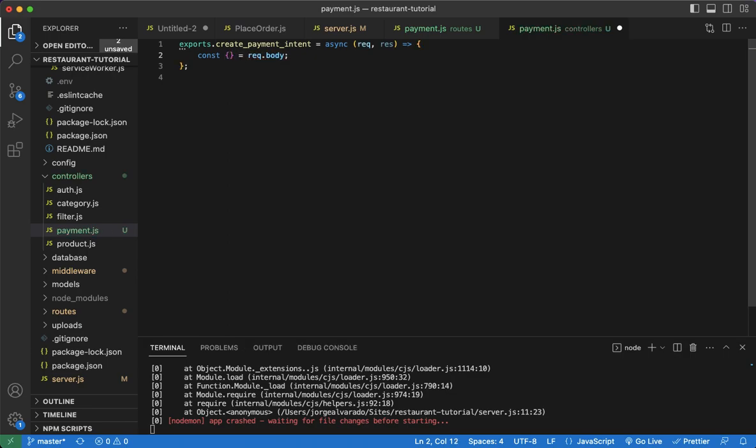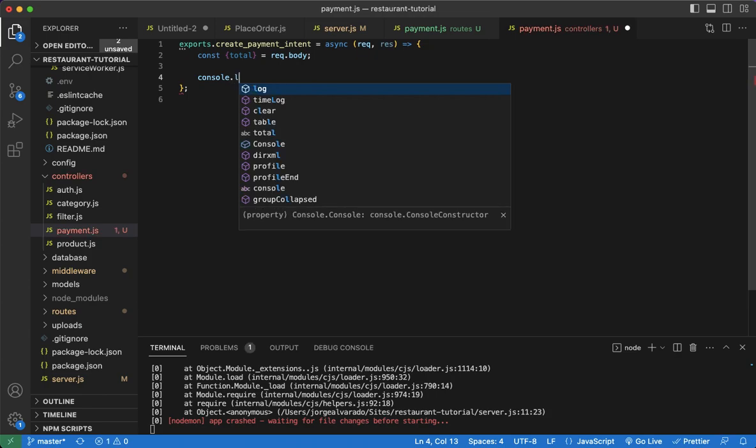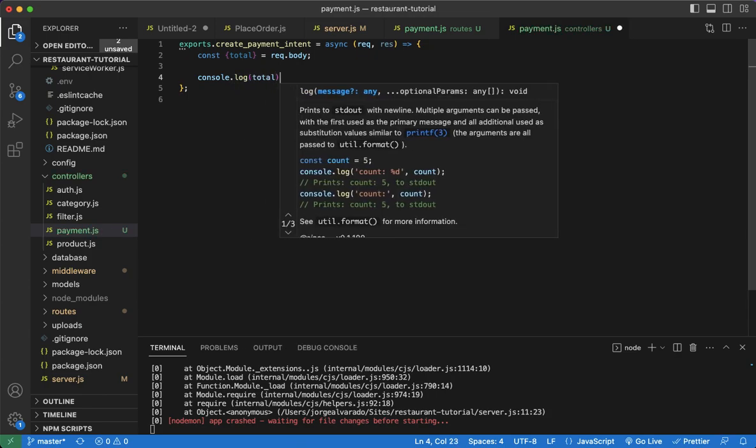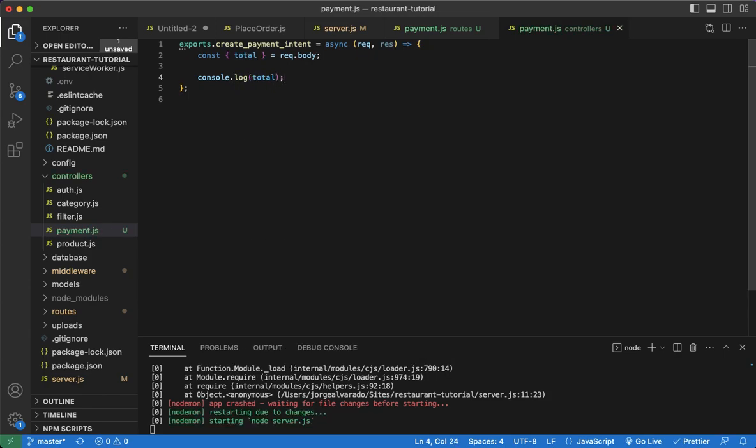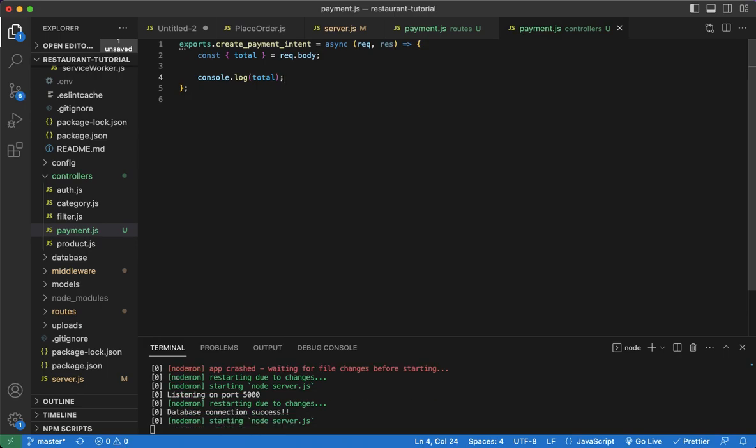So we'll grab the total. What I'm going to do is console log this to the back end just to make sure that as of now we are getting the data that we're going to need arriving from the front end over to the